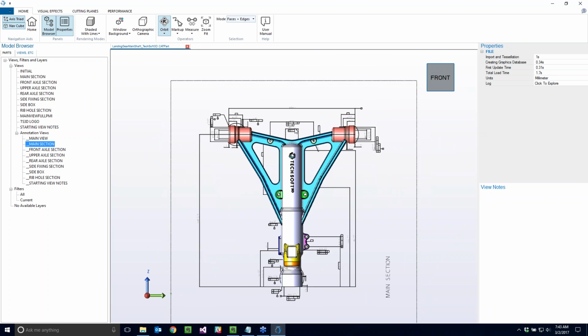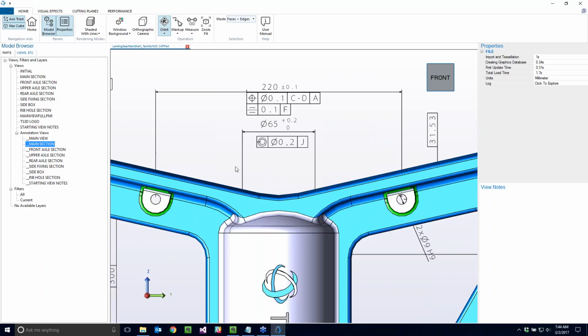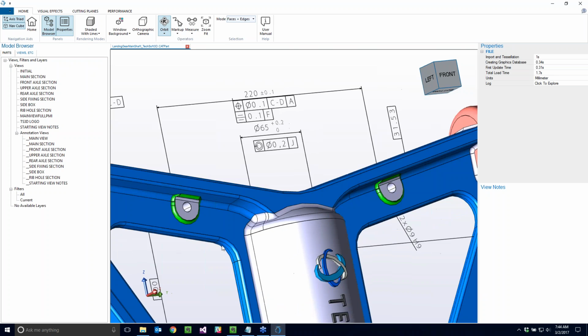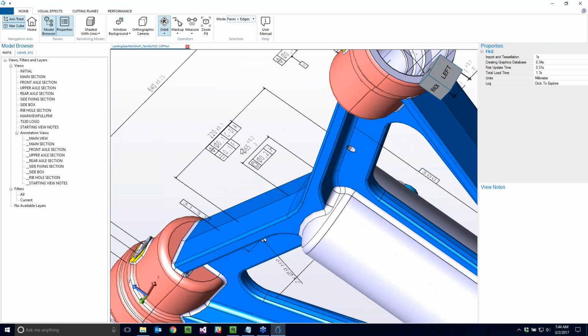But in order to do that, you need good tools to be able to interrogate your data. So not just good view management and being able to represent all of the PMI data that existed in the original CATIA file within your own viewer, but being able to link that. So if I select a piece of PMI, being able to link it to a feature as well. Very simple pieces of information, like if I was to rotate this, all of a sudden the PMI still is